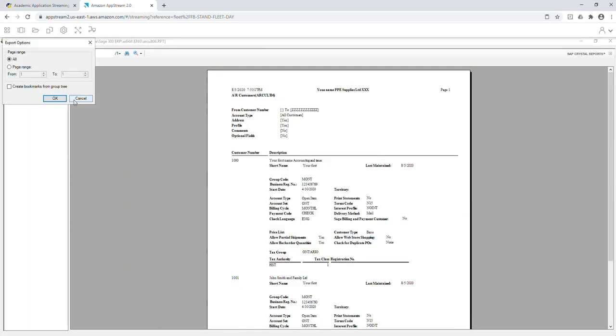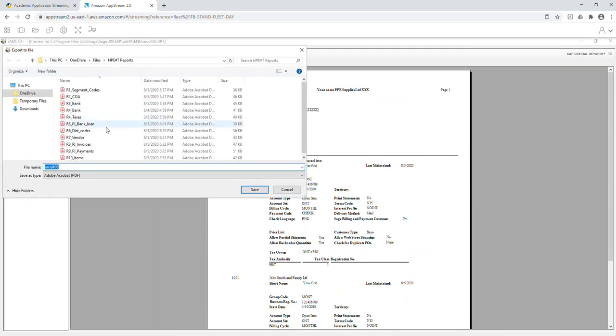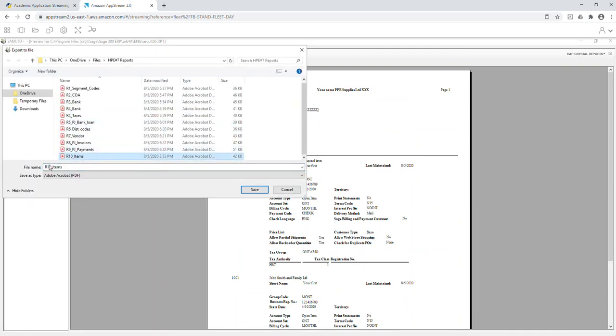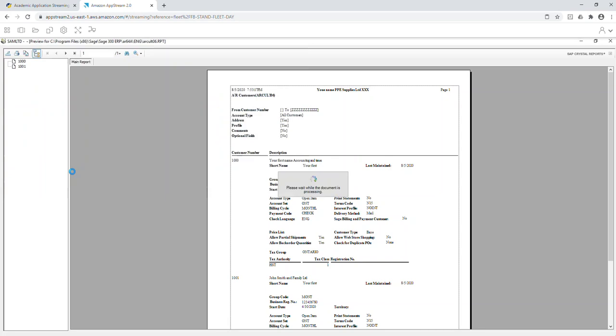I click print, and it will print it, and we're going to save that as R11, and that will be R11, and it is customers. Okay, once that part is done, then you go into the next report, which is the posting sequence for